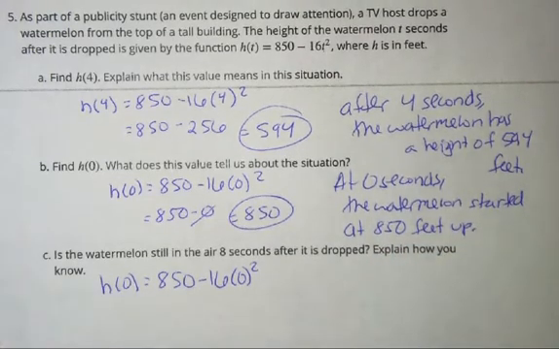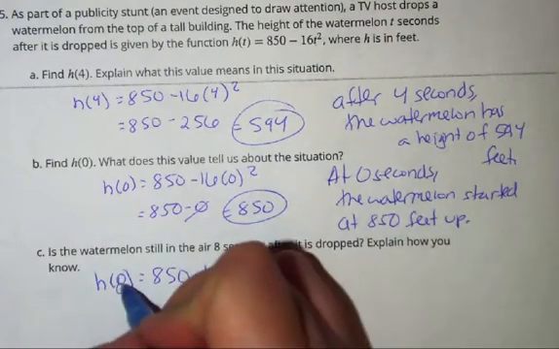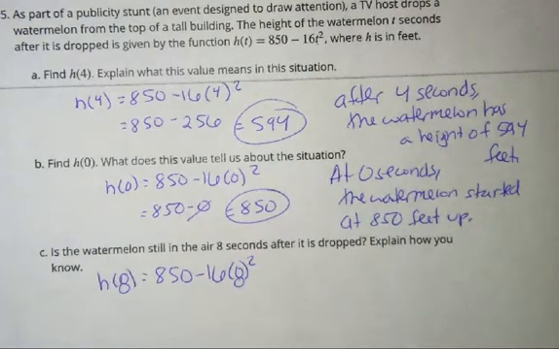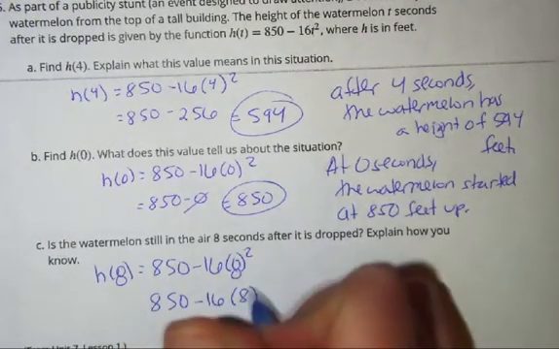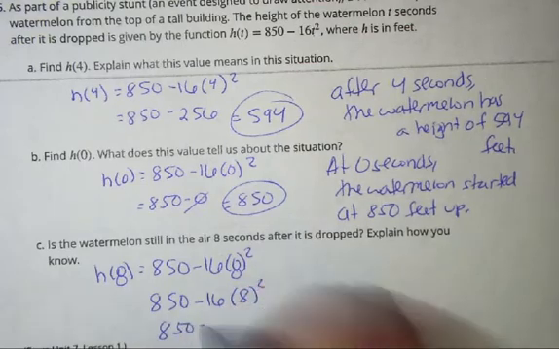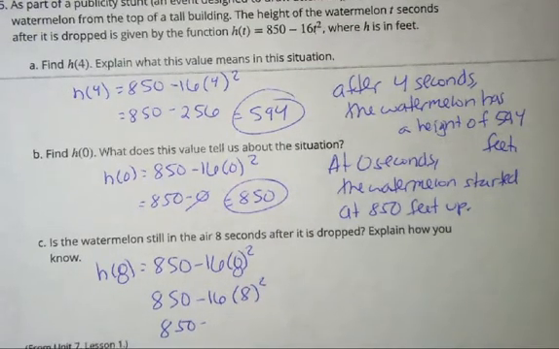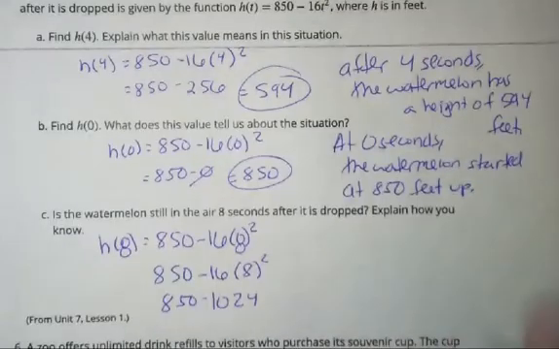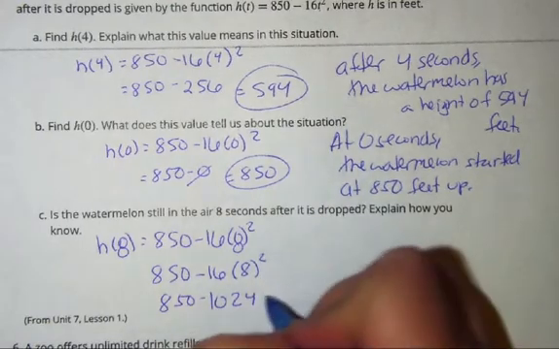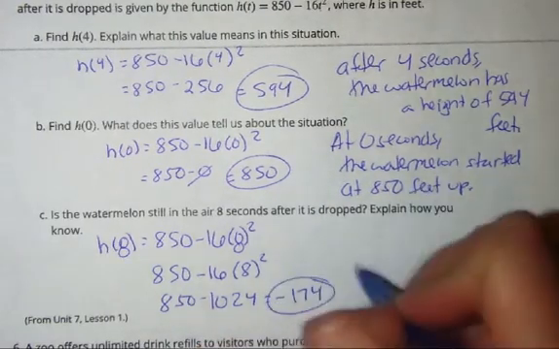Now it says, is the watermelon still in the air 8 seconds after it's dropped? So let's plug an 8 in here. I'm going to make my 0 into an 8. There we go. Look at us, not even scribbling anything out. So 8 seconds after it's dropped, let's see. We have 850 minus 16 times 8 squared, which is 8 squared is 64 because 8 times 8 is 64. Times that by the 16 and we get 1,024. 850 minus 1,024 is negative 174 feet. So no,